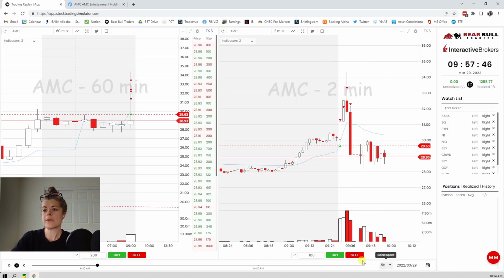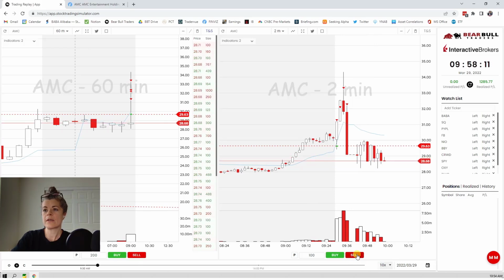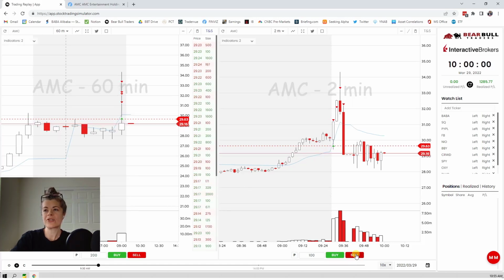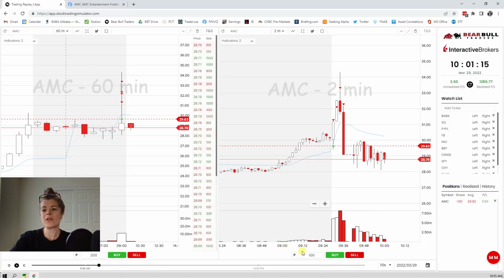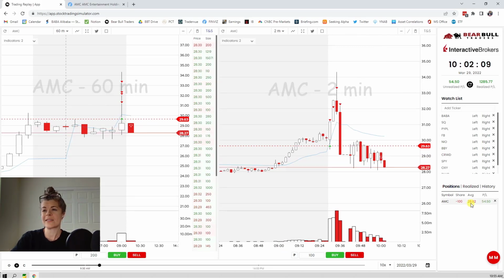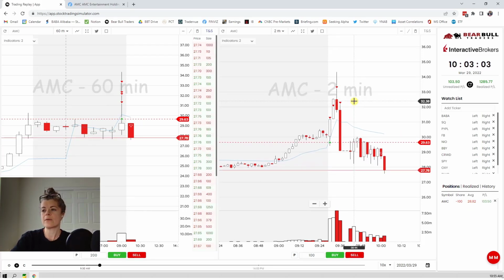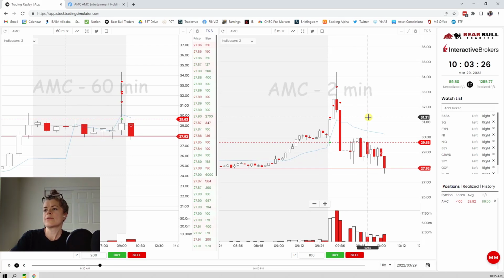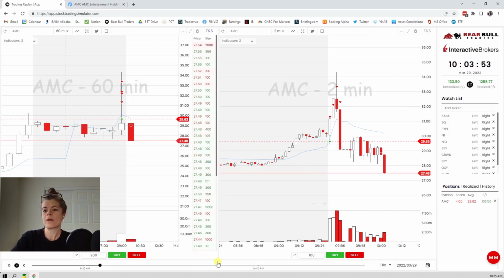Let's speed this up a little bit. Right, that looks pretty weak. It's holding. It's definitely holding, but it's struggling to get back to that level. So I'm going to sell here, knowing that my stop would be, I'm in low risk, so I could do 10% of the ATR. So my entry's at 28.82. I could give it 60 cents this time. So that would be 29.42. All right, so we're working.